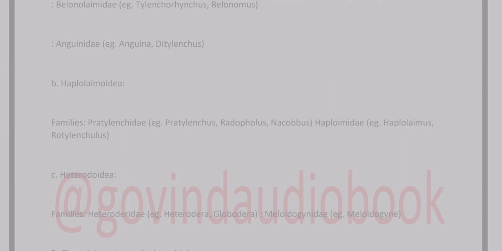A. Tylenchoidea, families: Tylenchidae, for example Tylenchus; Belonolaimidae, for example Tylenchorhynchus, Belonolaimus; Anguinidae, for example Anguina, Ditylenchus. B. Hoplolaimoidea, families: Pratylenchidae, for example Pratylenchus, Radopholus, Nacobbus; Hoplolaimidae, for example Hoplolaimus, Rotylenchulus. C. Heteroderoidea, families: Heteroderidae, for example Heterodera, Globodera; Meloidogynidae, for example